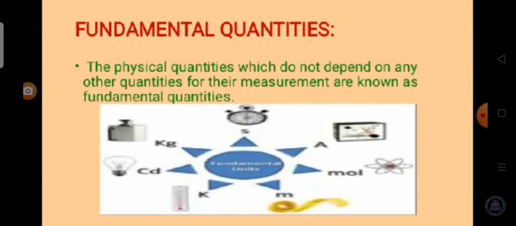There are length, mass, time, temperature, electric current, amount of substance, and the luminous intensity. And the unit for the length is meter, m. And the unit for mass is kilogram, kg. Unit for time is second, s. And the unit for temperature is Kelvin. Unit for electric current is ampere. Unit for amount of substance is mole. The unit for luminous intensity is candela, that is expressed as CD.